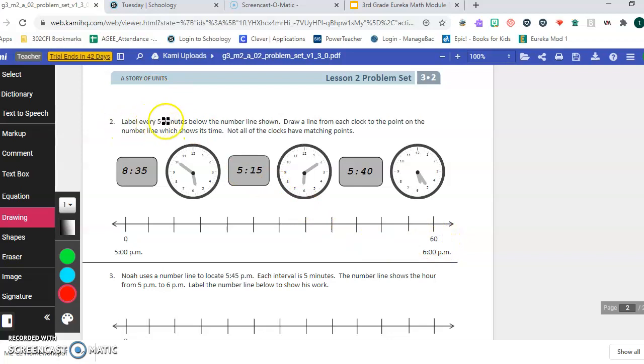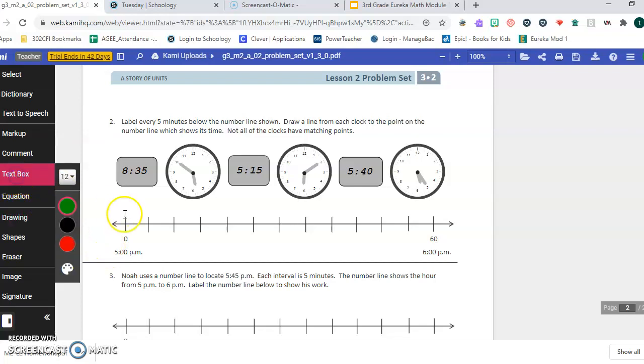It says label every 5 minutes below the number line shown. Draw a line from each clock to the point on the number line which shows its time. Not all of the clocks have matching points. Okay, so I'm going to go ahead and put my text box in here. This is going to be